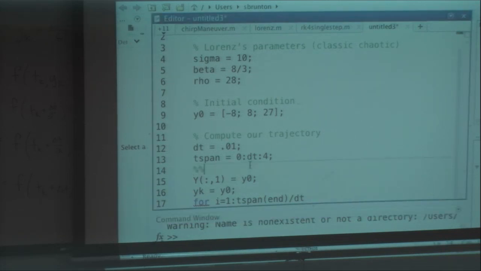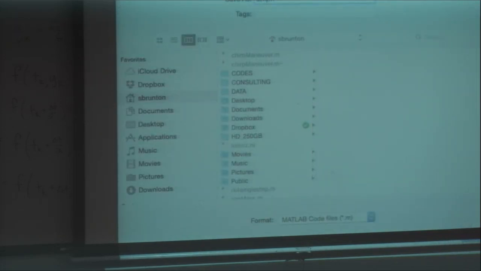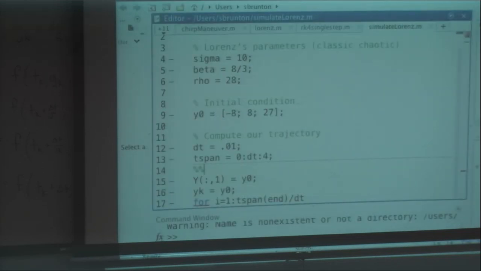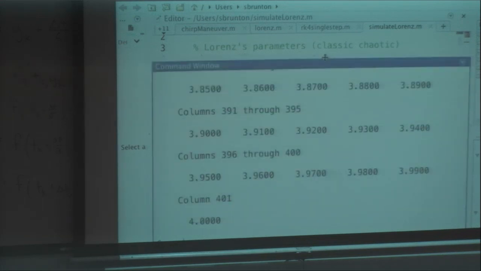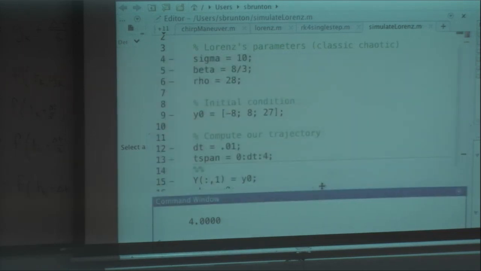Sorry, I'm just going to run this real quick. Okay, so my time span is this big vector of time. And so what I'm going to do is I'm going to iterate for every single element in my column vector of time. I'm going to take a step forward. Okay.